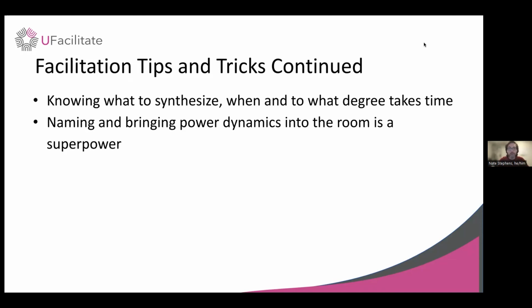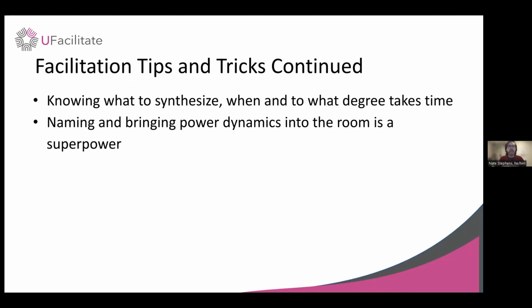Naming and bringing power dynamics into the room is a superpower of the facilitator, even if you are in the midst of those power dynamics. So you're facilitating for a group of leaders, or a group of leaders within your organization even. Naming the power dynamics in the room is something you can do as a facilitator that you can't always do as a participant. Just calling things as they are is a really helpful contribution of a facilitator.